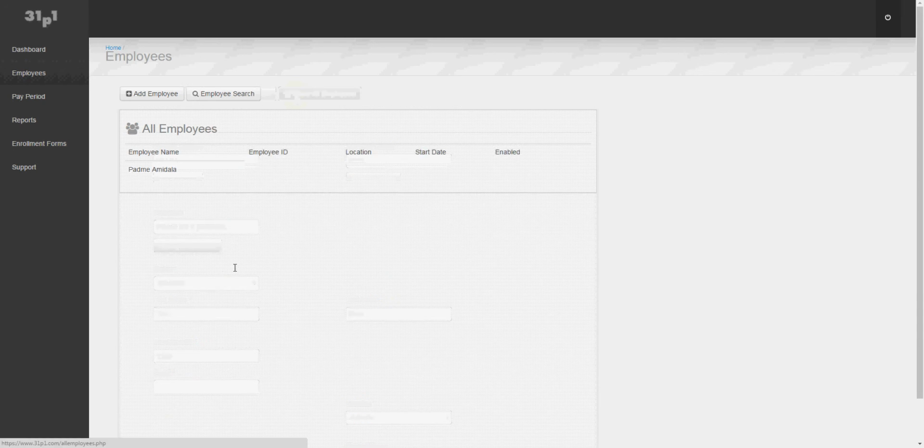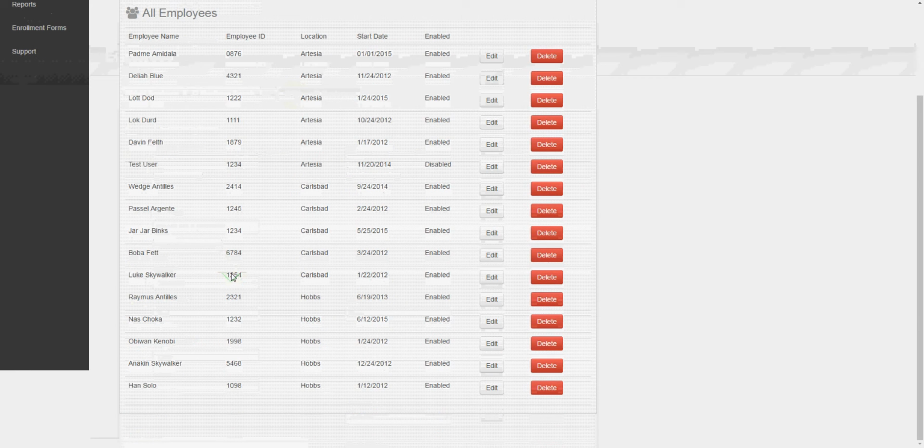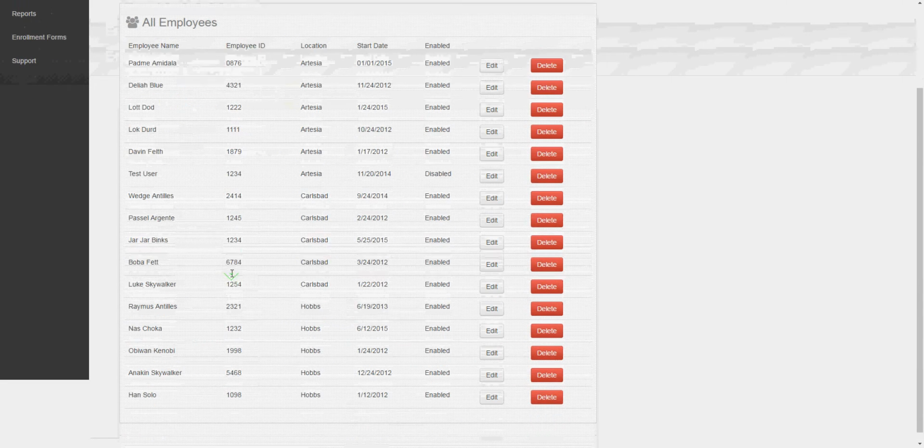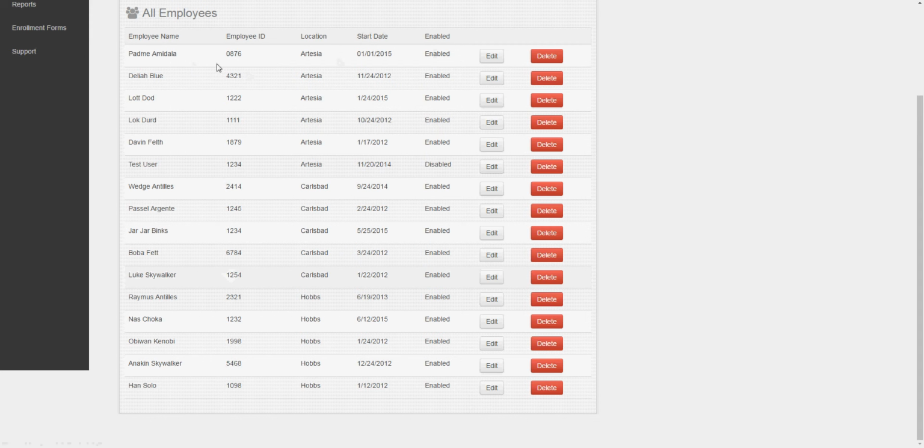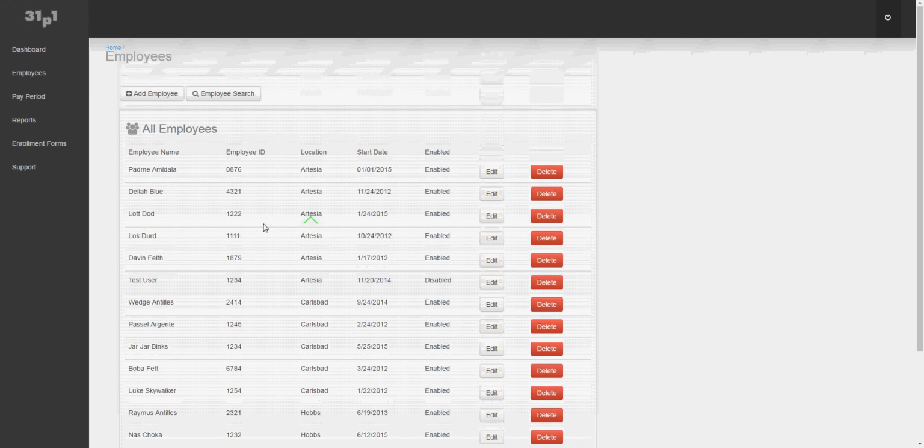I'm going to go back to show all employees. So we did step 2. All of our employees are in. If I want to take somebody completely out of the system, I can just come in here and click delete and it'll take them out. Not sure that I would recommend that, just so that you don't lose any files. You would always have them here, but you could do that if you wanted to. So I'm going to go back to the dashboard,